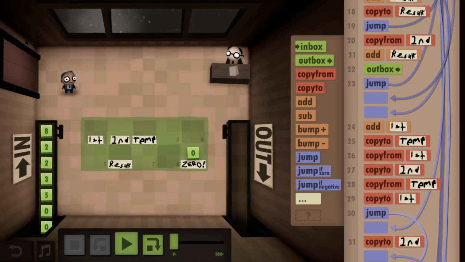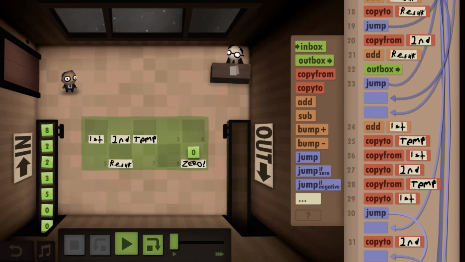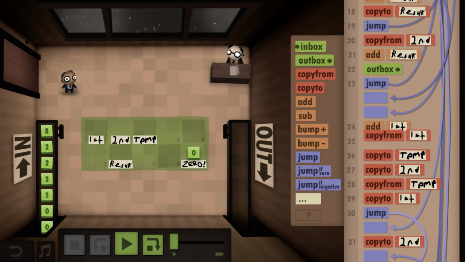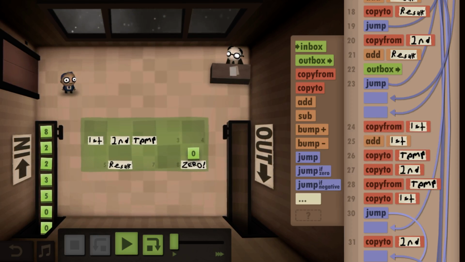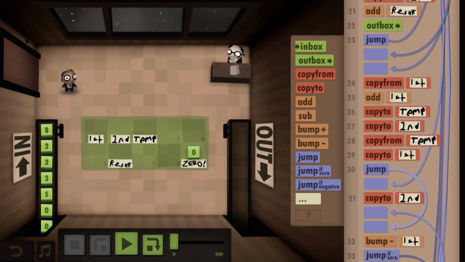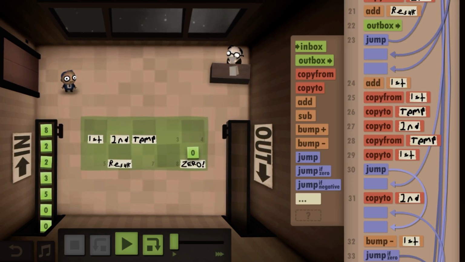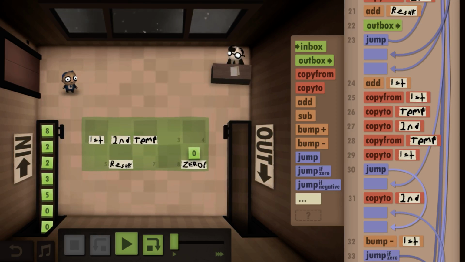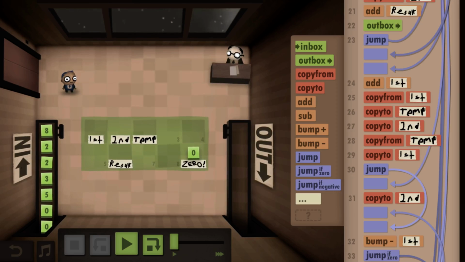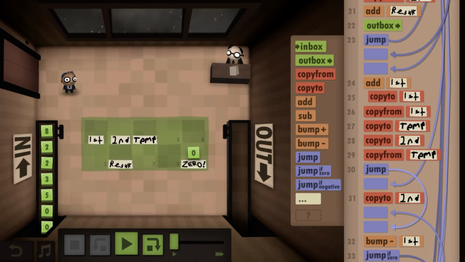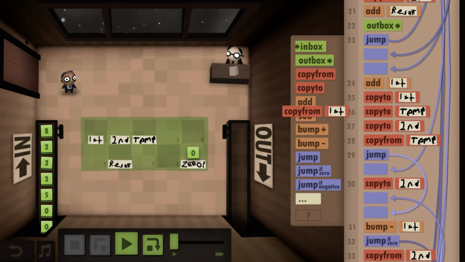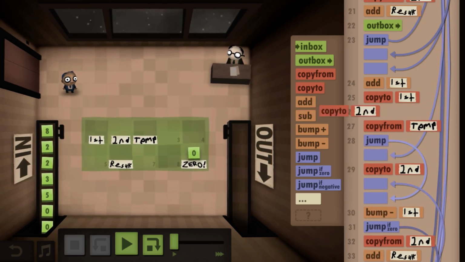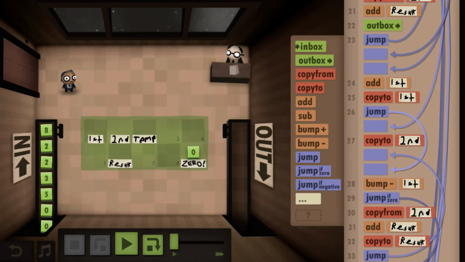copy to the, let's see, if it's negative, let's see, add the first and then copy from first attempt, copy to first. Let's get rid of that, that, and that.